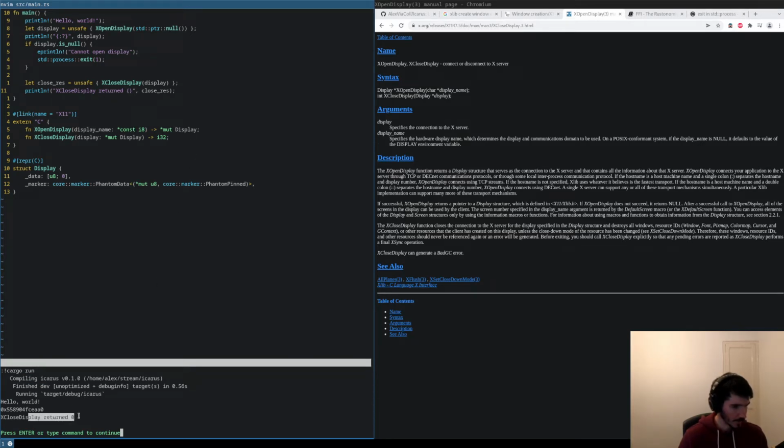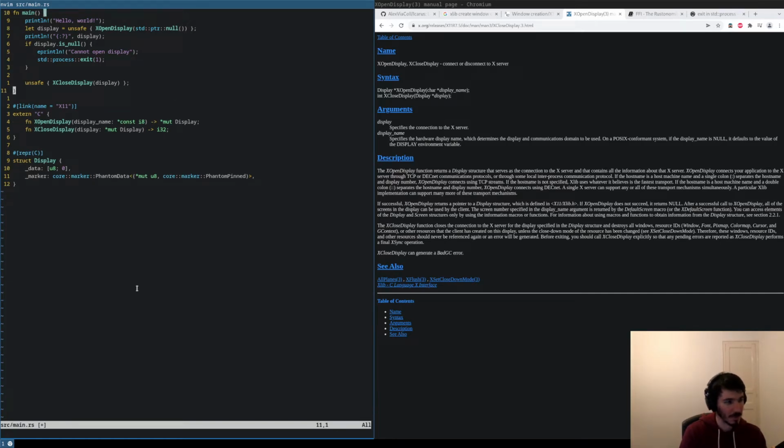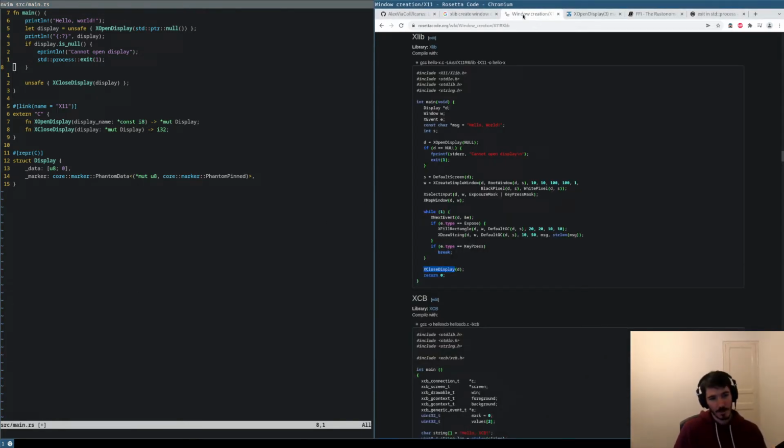So we are returning 0, so I assume that 0 is what the library returns on success, but I don't think we need to print the result. So next,